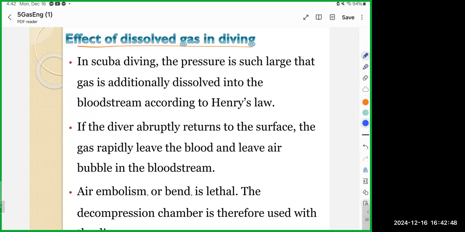For example, when you dive underwater at very low altitude, some gas, for example nitrogen, could dissolve into your bloodstream. Okay, and if you go to the surface immediately, that gas will leave your blood and will leave the air inside the bloodstream,